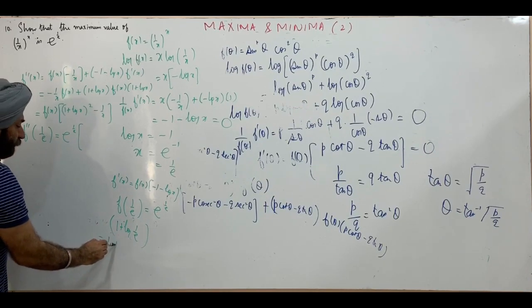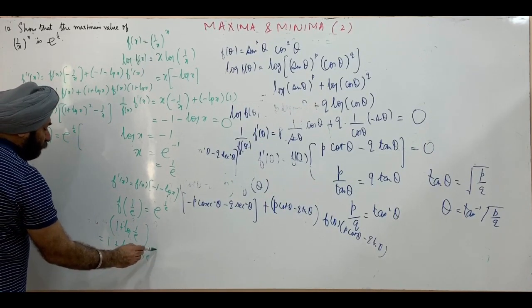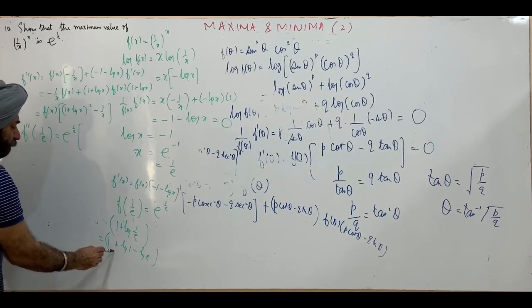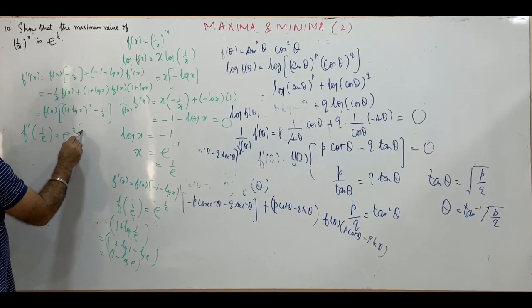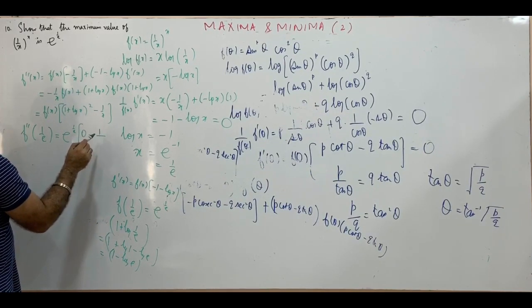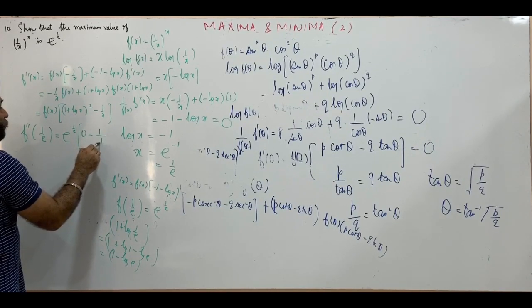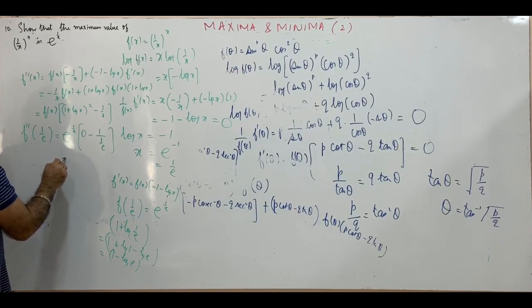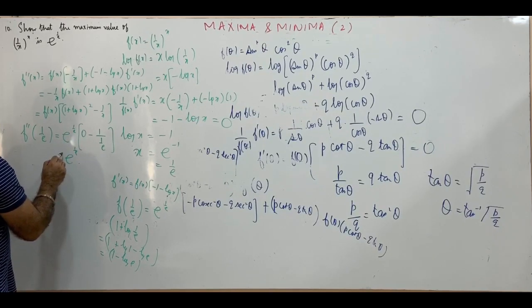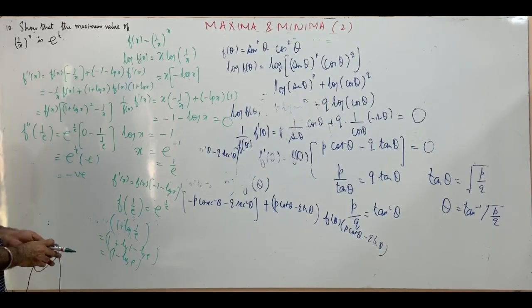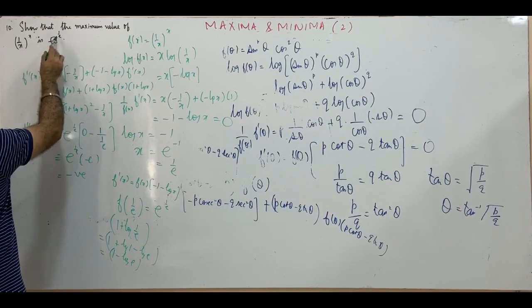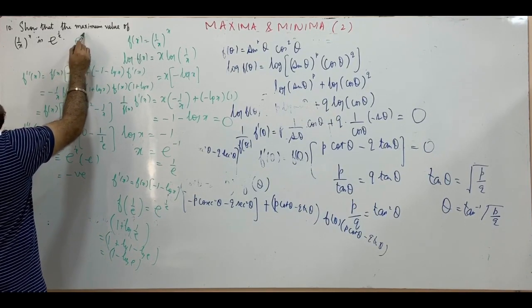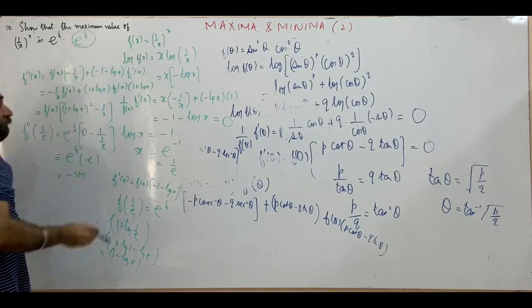This is 1 plus log of 1 minus log of e. Log of 1 is 0. So this is 1 minus log of e. Log of e is 1. So this will be 0. And minus, this will be 1 by e. So this is e raised power 1 by e, and this is negative. Negative sign of the second order derivative means it's a point of maximum. So what will be the maximum value? We put x is equal to 1 by e here. So this will be e raised power 1 by e. So this is the maximum value of the function.